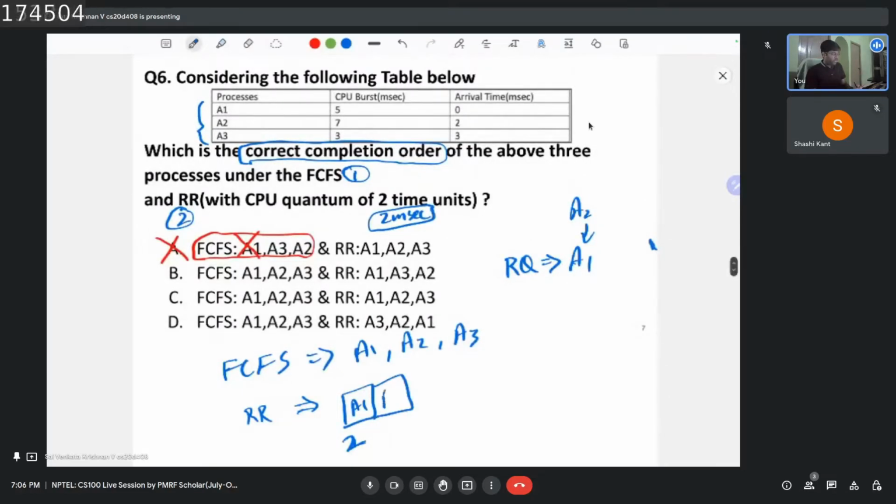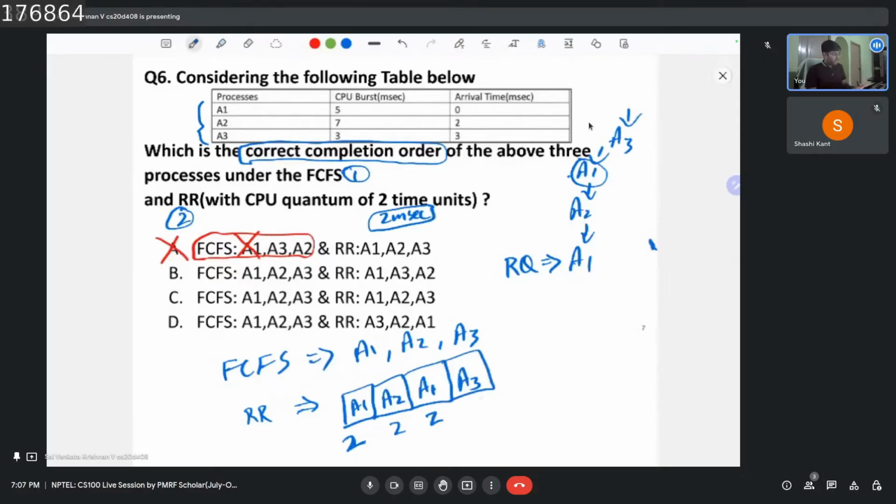Now A2 gets scheduled, and since A1 gets preempted, A1 is stored in the ready queue next to A2. At time unit 3, A3 arrives, but A3 won't get executed immediately. Instead, it would be A1 getting executed after A2, based on the order in which they are present in that circular queue. So now A1 would be executed, and once A1 finishes its slice, it will be A3,